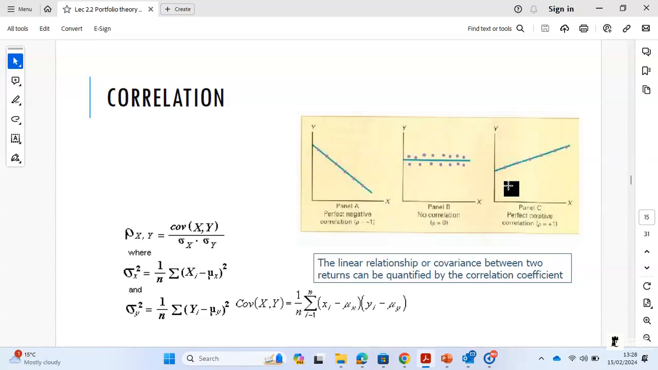Okay, and then in panel C, the third graph on the right, we have a perfect positive correlation, as the slope is upward sloping. So if stock 1 goes up by 10%, stock 2 also goes up by 10%. If stock 1 goes down by 5%, stock 2 also goes down by 5%. So if you have stocks in your portfolio that are perfectly correlated, as in panel C of these graphs,